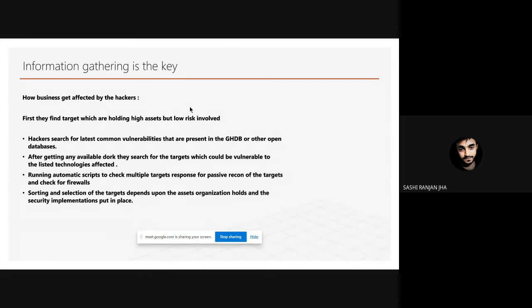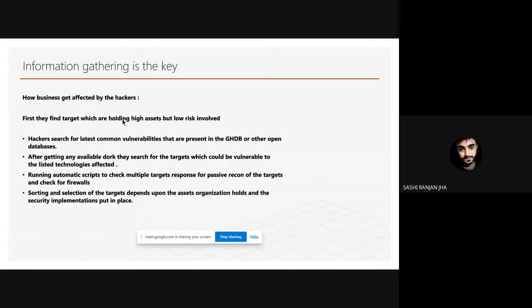So they might go for different kinds of tools that show them whether the website is using some kind of firewall or not. If they are using some kind of firewall and there is some kind of monitoring system over there, then hackers may choose a different way to attack those systems, like completely anonymizing their traffic and using VPNs from those countries where the interaction is being allowed for the admin users. So these are the different things that need to be gathered before attacking any target. So information gathering is the thing.